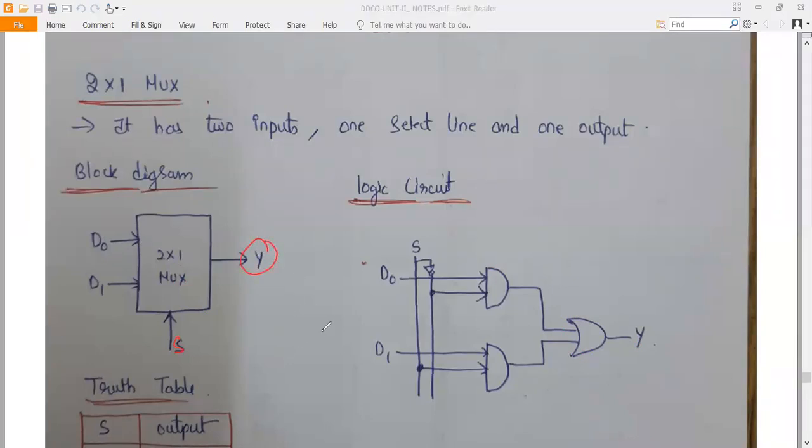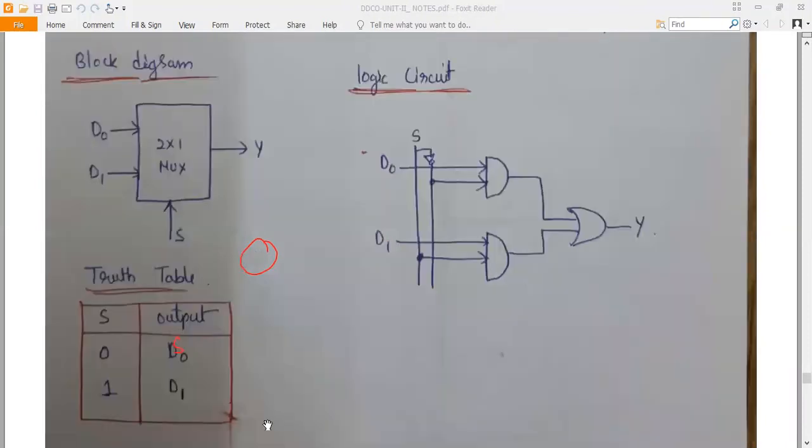Here the table will look like this. S is a selection line, so based on the selection line this works. The selection line starts from 0, 1, 2, 3 and so on. The selection line is a single line, it can be a 0 or a 1.